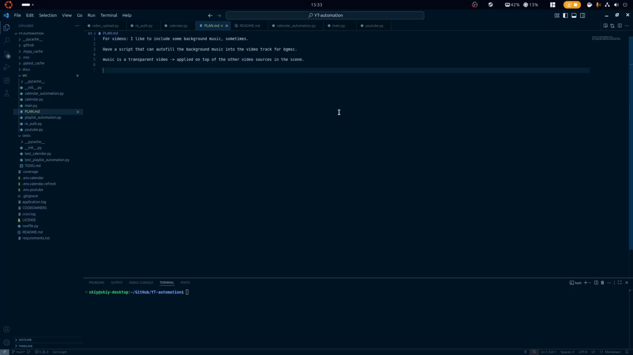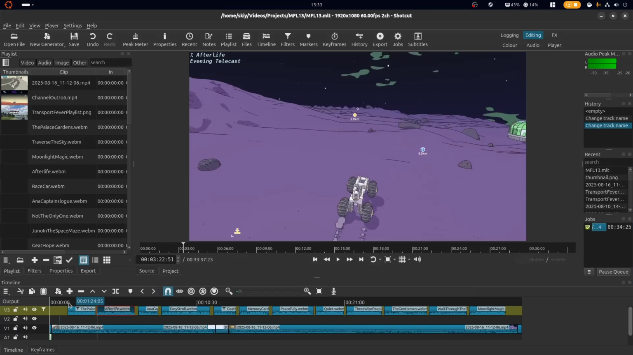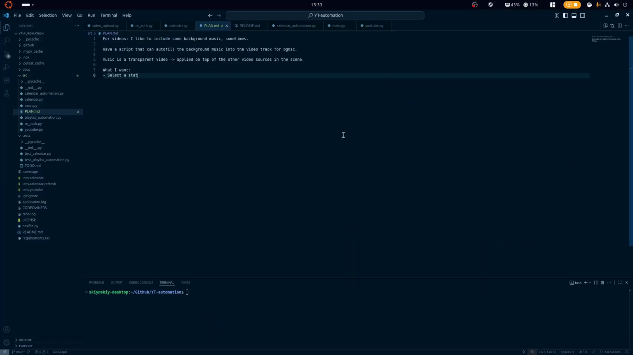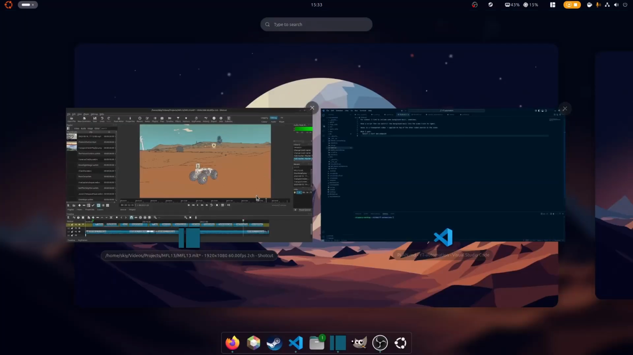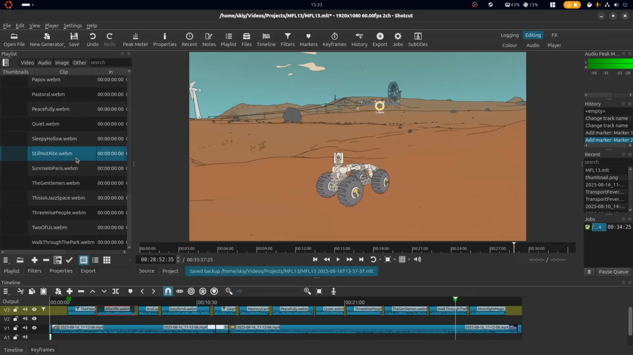So what I would like to happen is instead that I can select a start position and an end position with two markers, select a start and end point, and I would like the script to randomly autofill in between those two markers any of my songs. For example, Still Not Right,